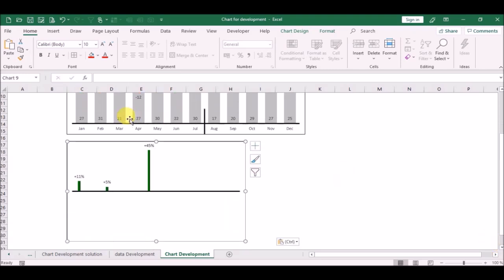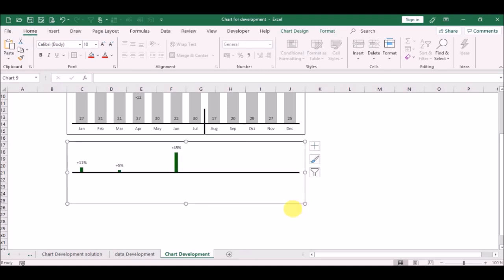Then we press the Alt key and go to the top left of the chart, left mouse key, and go exactly to cell C17, and we go to the right bottom of the chart, press the Alt key and the left mouse key and put it to cell J25.